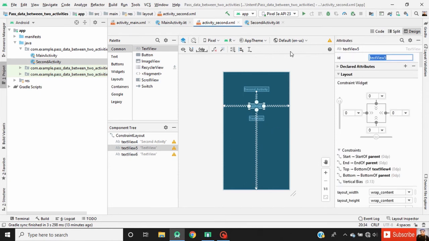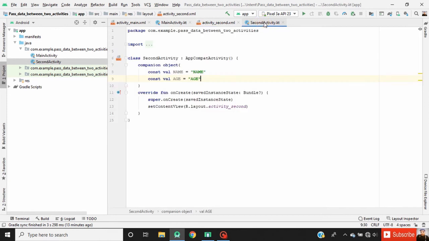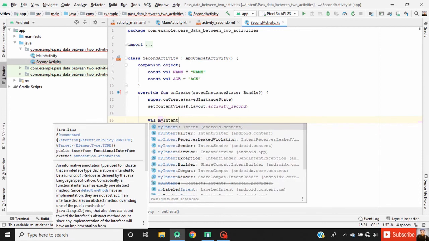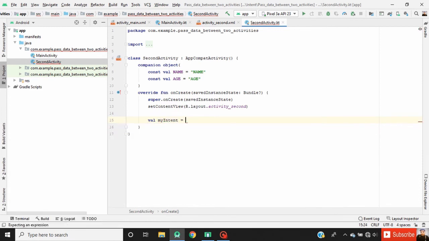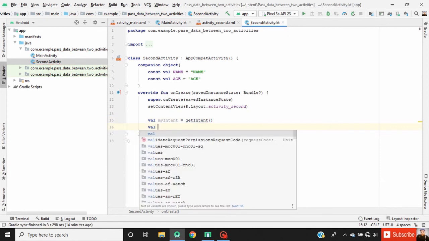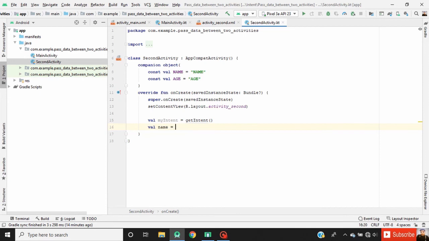Now go to second activity.kotlin. Here define our intent object. Here call the getStringExtra function from the intent.